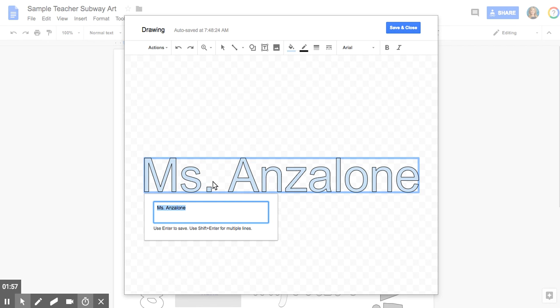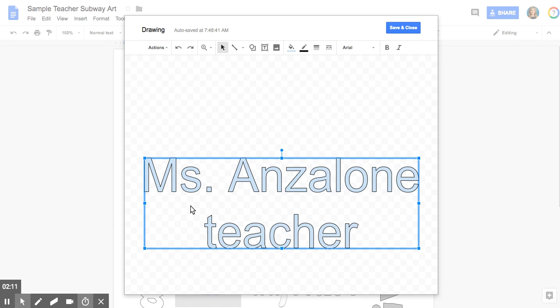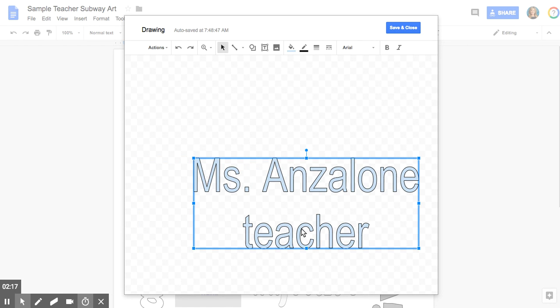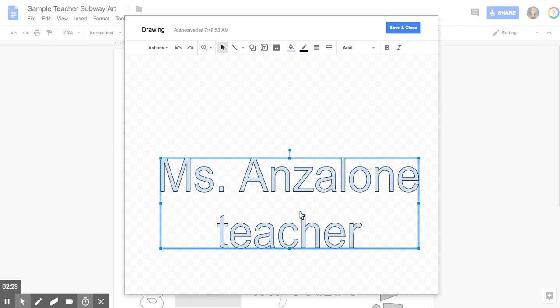Okay. I wouldn't suggest it. I mean, you can play around with it, but if you use the 2 lines here, it doesn't give you as much control over how it looks. So for example, if I type teacher and then I hit enter, you see there's a big space in between. No matter how big or small I make this, the word teacher and Miss Anzalone are stuck in the same format. So if I double click, if I take out teacher,